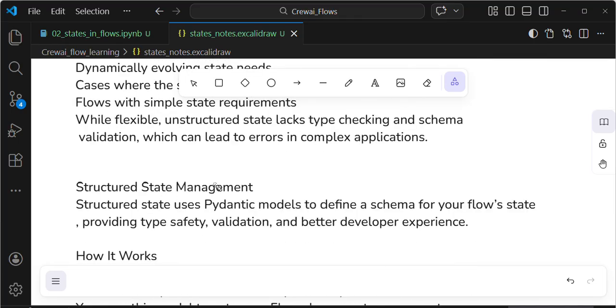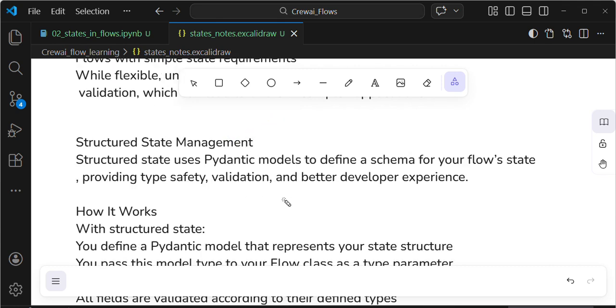Now the second way: structured state. As I already said, if you want to specifically create structured state,